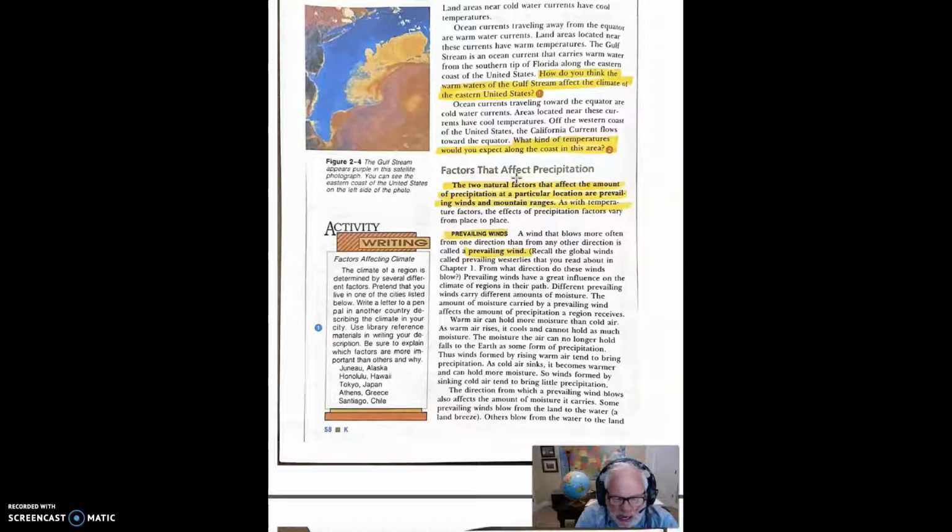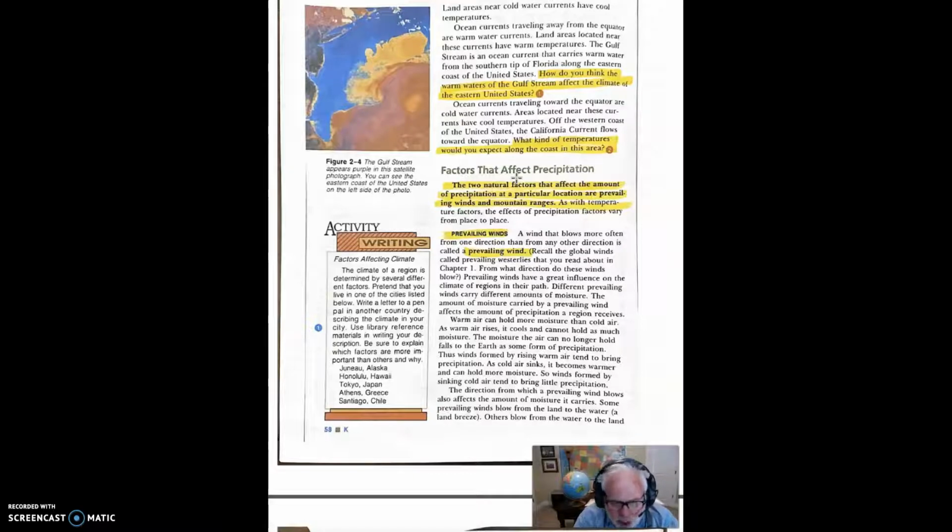And where we're located on the globe, if we're by an ocean or not by an ocean, affects us. So we live in a warm area, so we have warm air mostly that comes in throughout the summertime and cold air in the wintertime, but it's usually pretty dry. The reason it's dry is because we're not near any large bodies of water, except the Great Salt Lake, and sometimes we get some lake effect with that. But that's only during certain cyclonic events that we get in the winter.